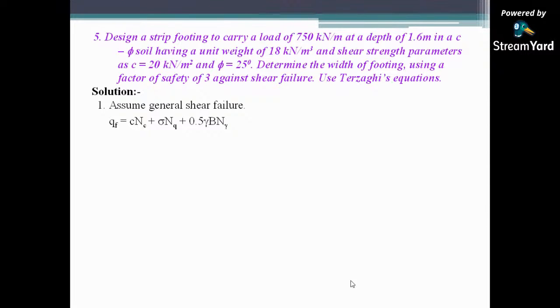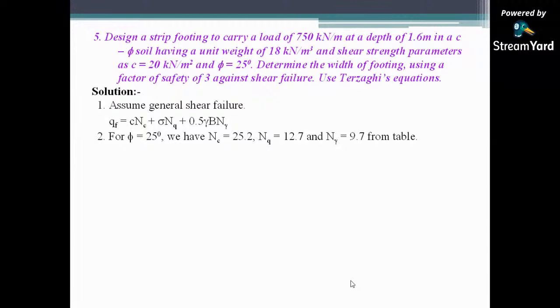So the formula for strip footing is qf equals c Nc plus sigma Nq plus 0.5 gamma B N gamma. For phi equals 25 degree, as in the previous class, I have shown you the table where Terzaghi's bearing factors are given for general and local shear failure. For general shear failure, phi equals 25 degree, from the table itself you can take Nc, Nq and N gamma values, which are 25.2, 12.7